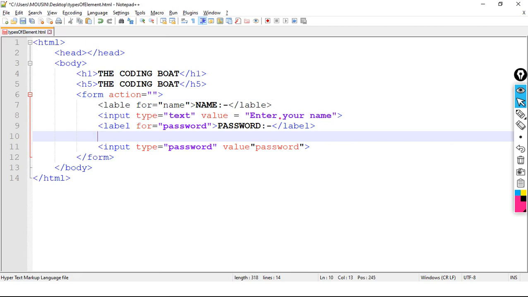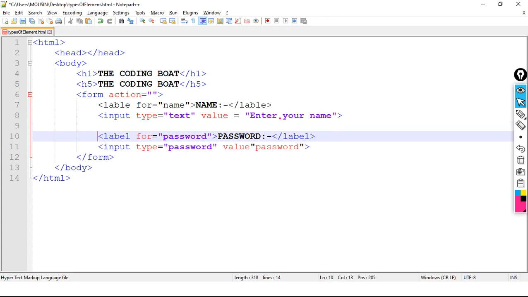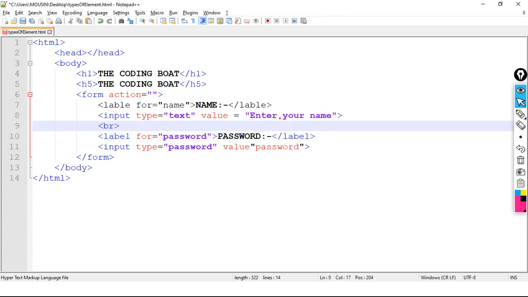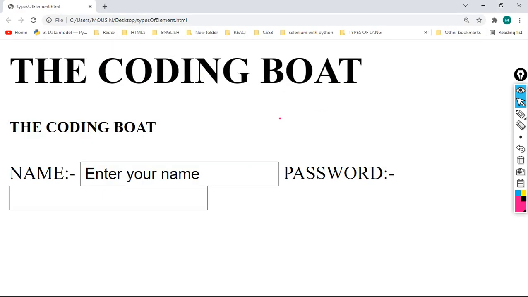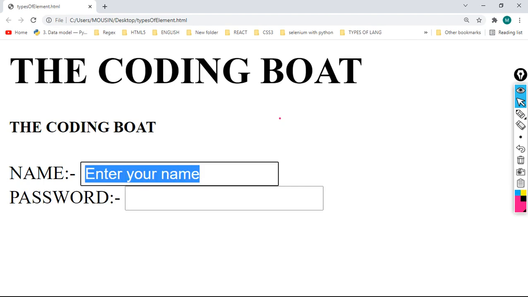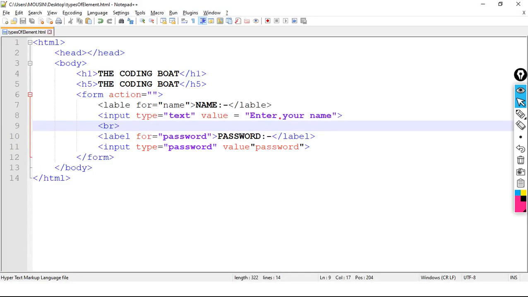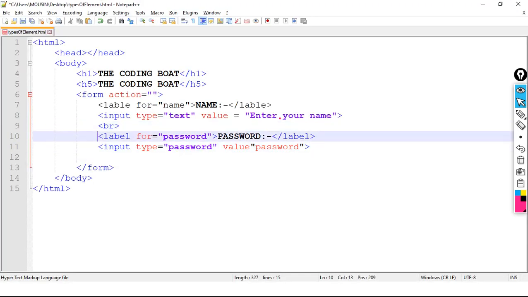Okay, I have mentioned br at the wrong place. Now I have changed the code, and now here it is. See, enter your name, Mohsin. Now password, correct.